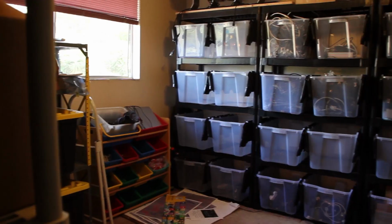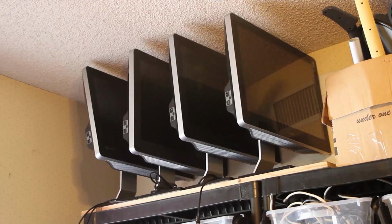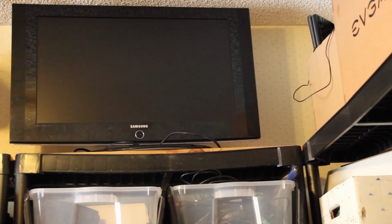Okay, so our week-long endeavor from Christmas Eve through New Year's Eve, which is today, is finally finished. We've got the server room in a state now where you couldn't even tell it was the same room as it was before. From the plastic shelving on the wall with all the bins on it, properly sorted equipment within them, the monitors and the televisions on top, the extra Rock Band equipment that can now fit in this room, all of the workspace, extra storage we have, and speaking of rack space, we've got actual rack-mounted servers now,